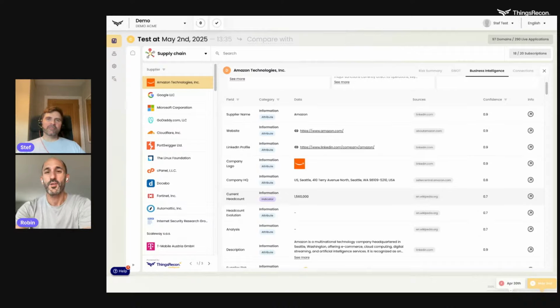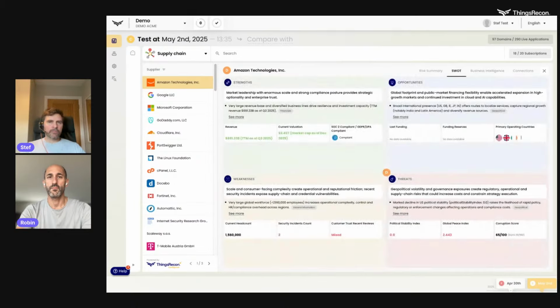Maybe jump into how we analyze. With all the data we have on a supplier, the problem now is an overkill of data. But what we're trying to do here is to analyze the supplier, again, not generically, but based on how you're using it, who you are as an organization, and how you're using the supplier. And for that, we've